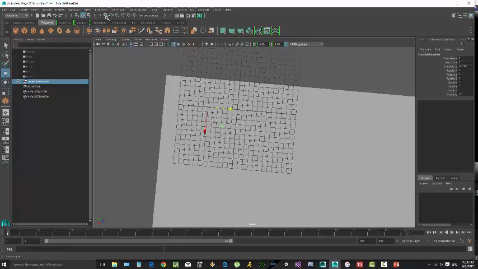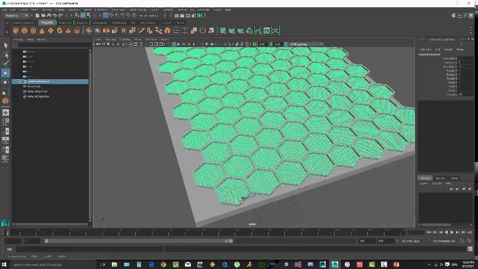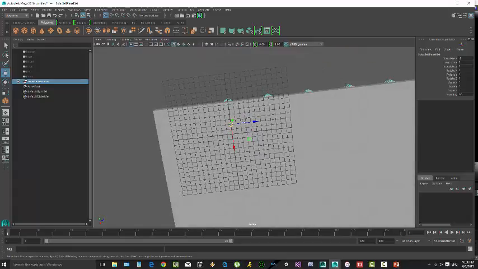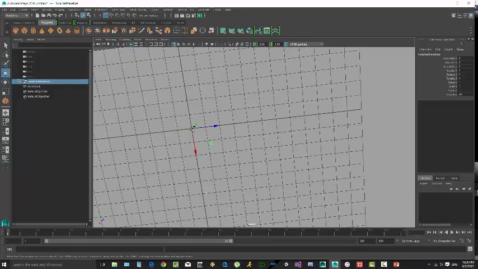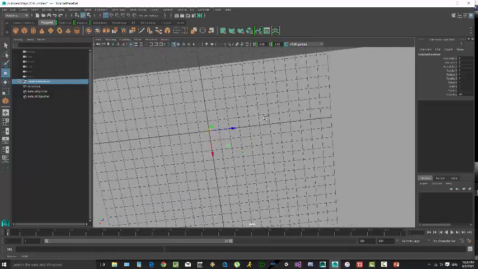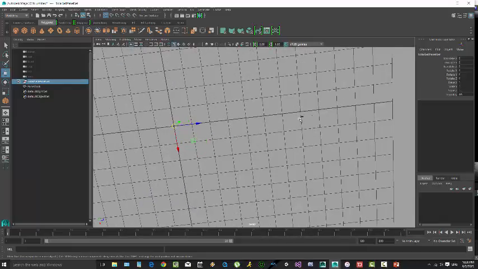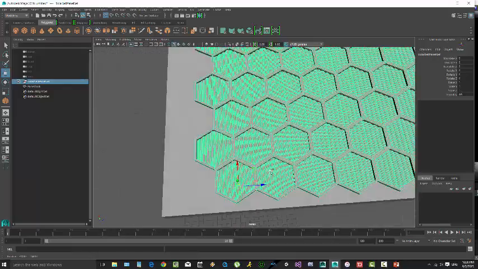So let's say the first one, snap to grid. So what this will do will snap to any point on the grid. So now I can snap this to the center of the universe as far as these objects are concerned,